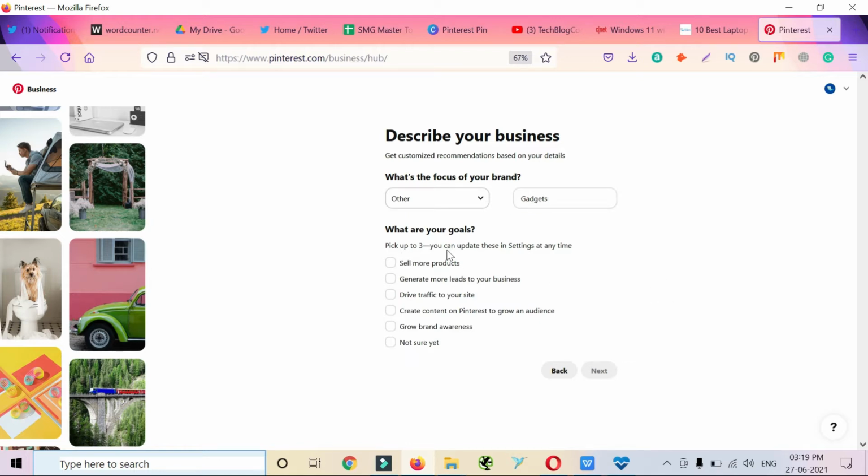What are the three main goals that you want? You can update these settings anytime. So I'm going to select drive traffic to your site, create content on Pinterest to grow your traffic, and grow brand awareness is my third choice for this goal.